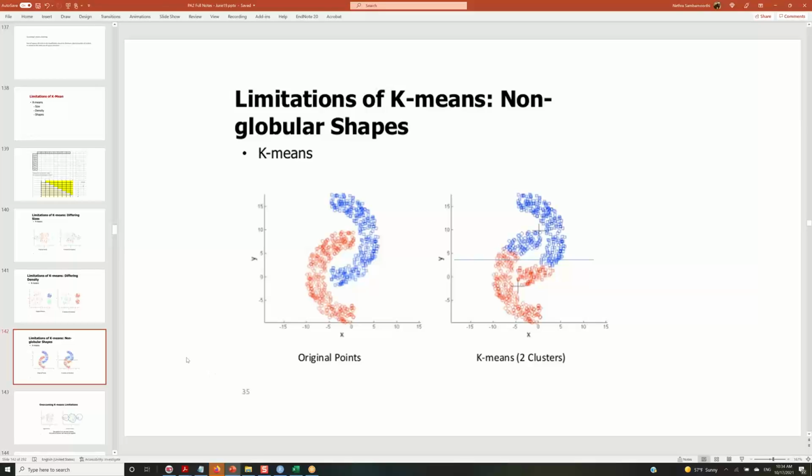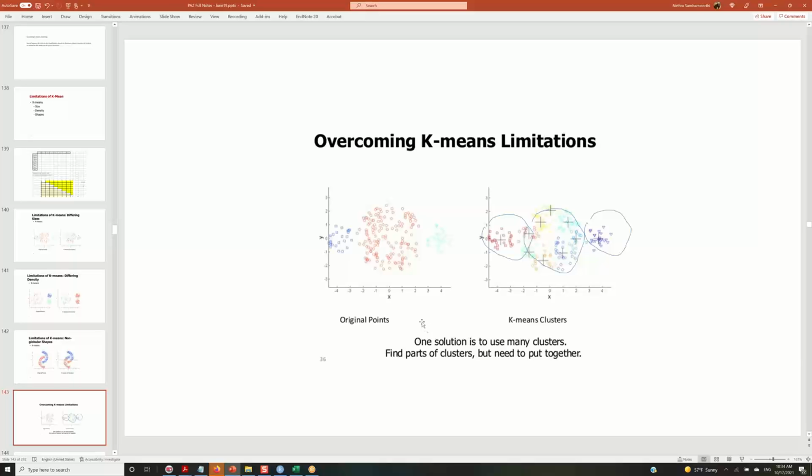Consider this one, okay? Again, the same thing, right? Even though this is the real cluster, it will separate out so that all the tops will be one cluster and the bottom will be another cluster. Agreed? It's a problem, right? So the strategy for all these things, as I said before, is to use